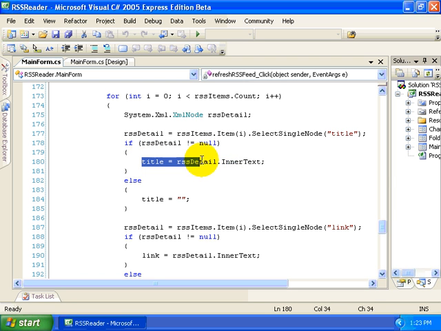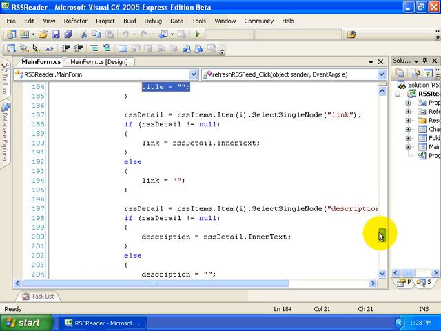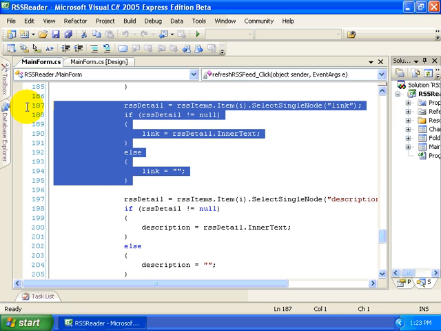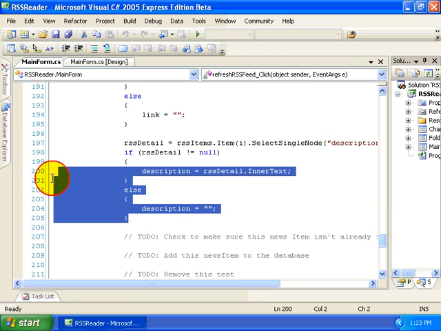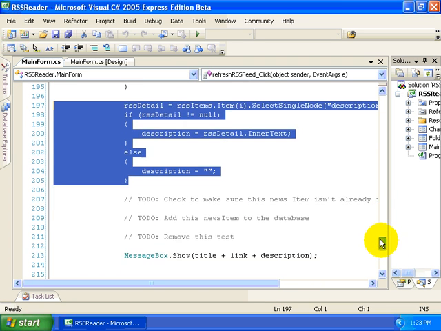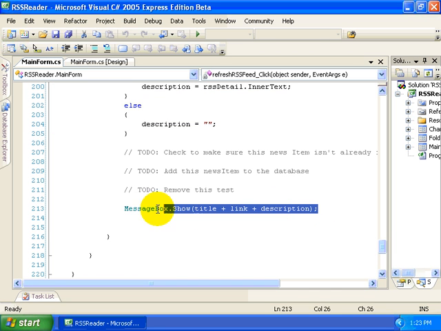And if it's not empty, then we'll grab it off and put it into our temporary variable called title. Otherwise, we'll set title equal to an empty string. We're going to take that exact same approach for the link and for the detail. And then finally, we'll just concatenate all those together in line 213 to show the title, the link, and the